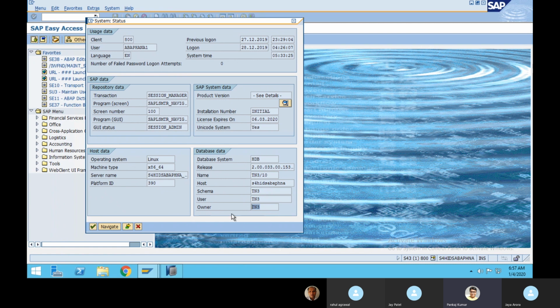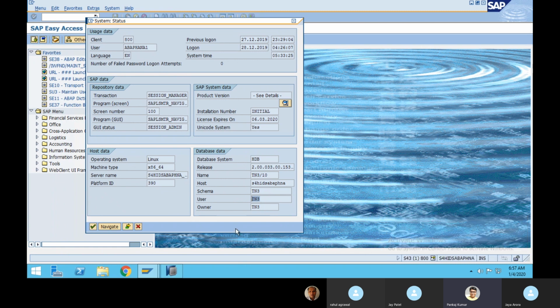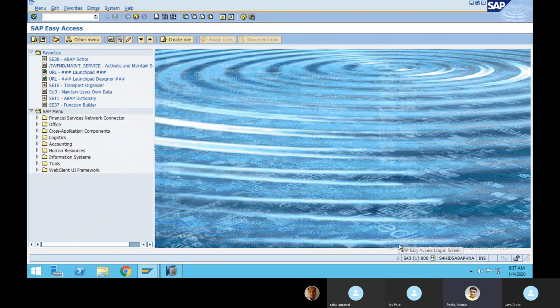This can be different also, owner can also be different. Owner actually in our case, this user TN3, this TN3 owner, is one exceptional case where you were able to see like this. But generally the owner will be the name of this S43. Whatever your system is, that name will be the owner name.